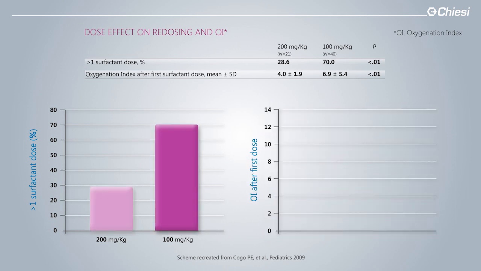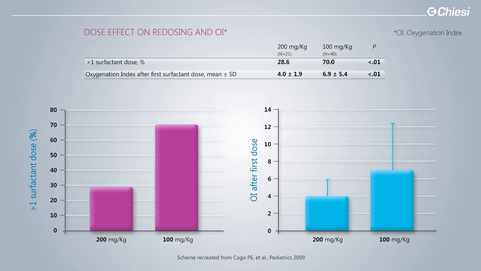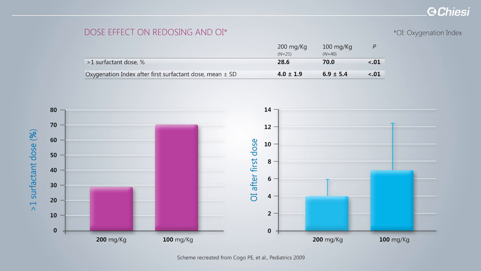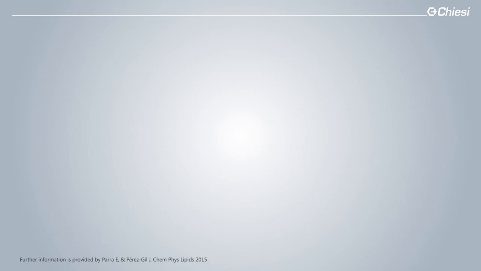And if you look at the OI, so the clinical severity of these babies, after having received 100 or 200 milligrams per kilo, you will see that the OI will be much higher in babies getting 100, compared to babies getting 200 milligrams per kilo, who are getting a much better oxygenation. So let's enter